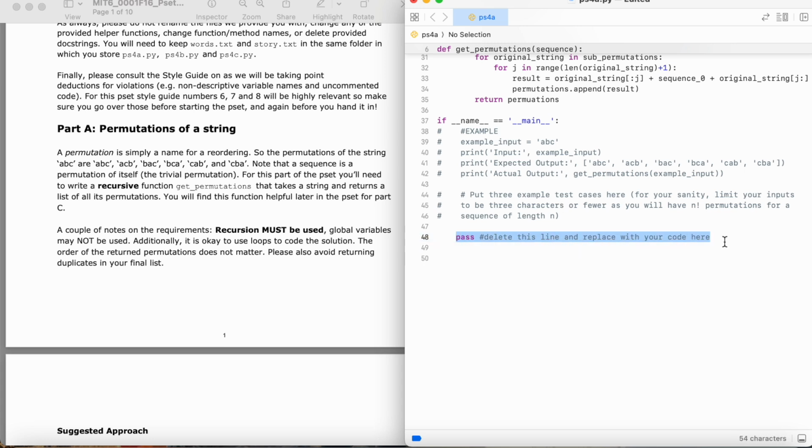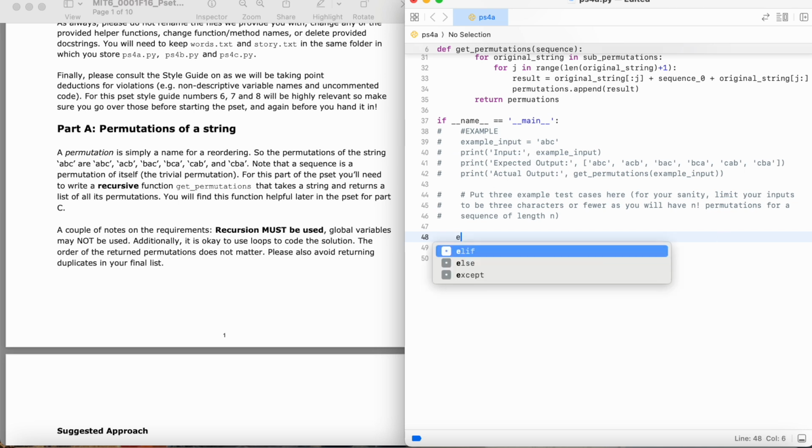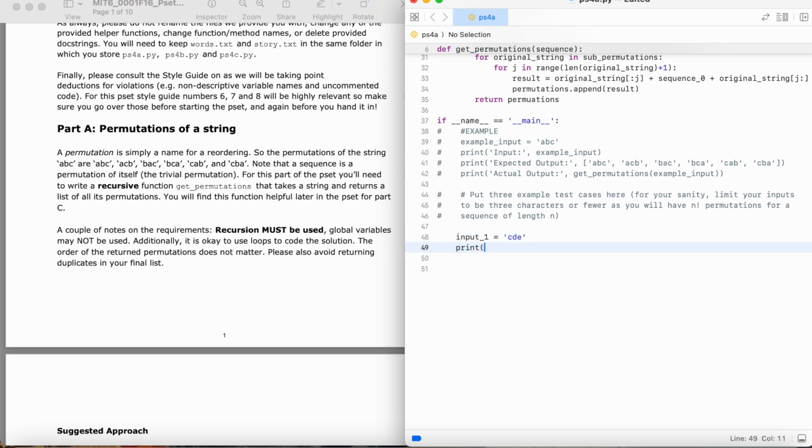So I'm going to delete this line right here and write my code. So here is an example. So first, let's do input, let's say input 1. And that's going to be the string. Let's say, since they did ABC, let's do CDE. And we're going to first print out the input, and then it's going to be our input, and then let's print out the expected output. So expected output,